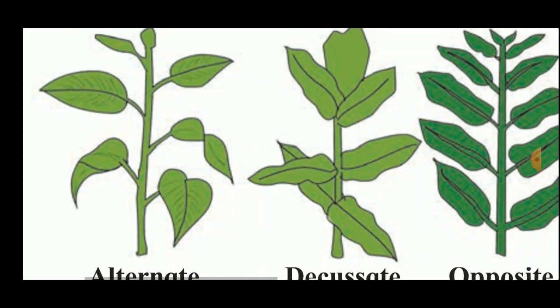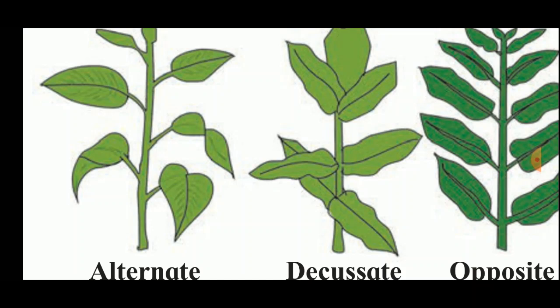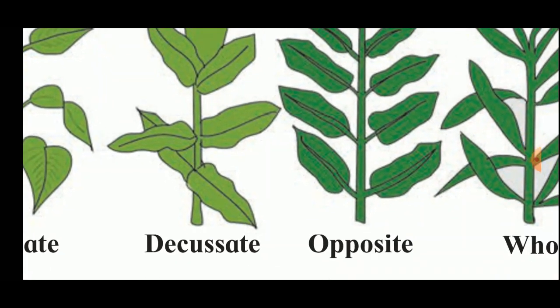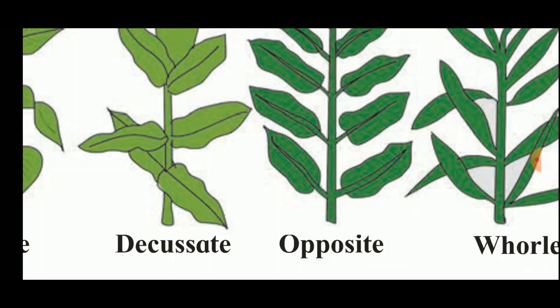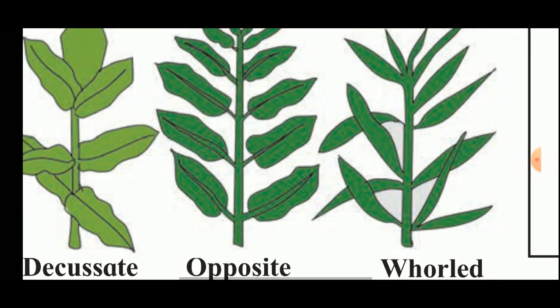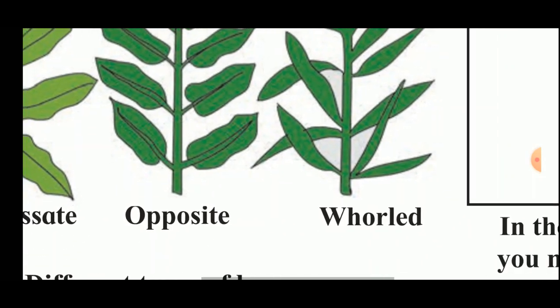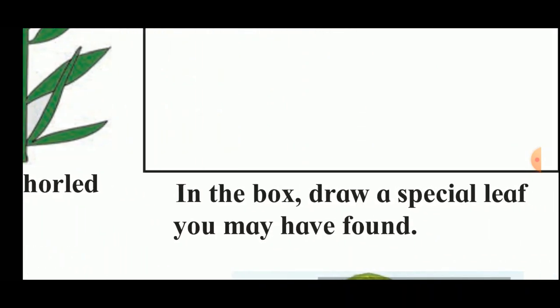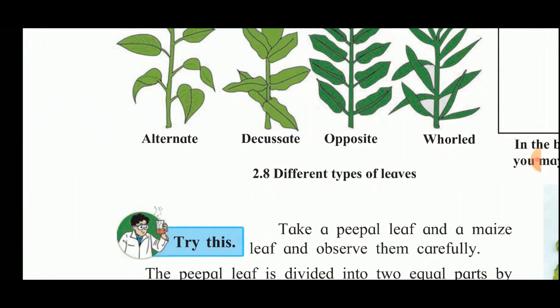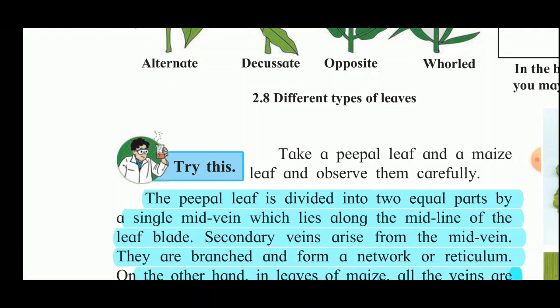Now in decussate, here you can see the structure of the leaves. In the decussate structure, we observe two leaves on either side, and alternately the arrangement of the leaves continues like this. Then in opposite, the leaves are arranged on opposite sides of the stem. Here it looks like a flower. This way, on one side the leaves are present. Beside this, if you see any other specific leaf arrangement, you can add it. So these are the different types of leaf arrangements. Is that clear to all of you?